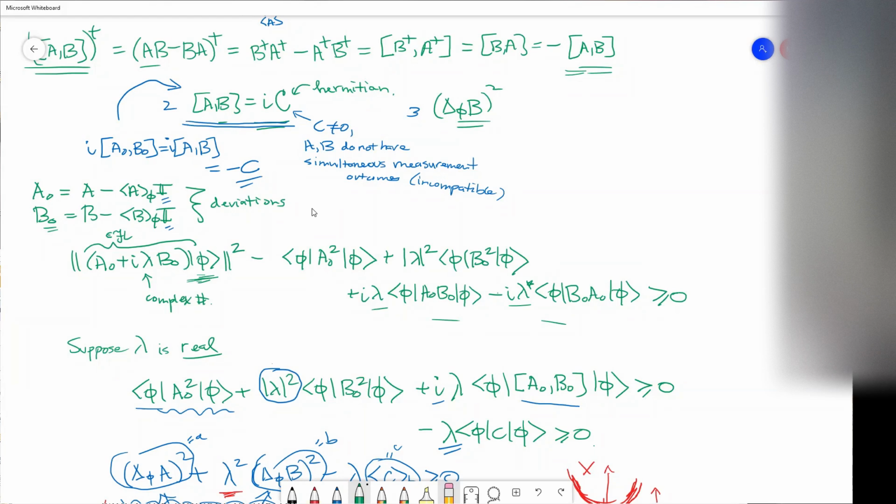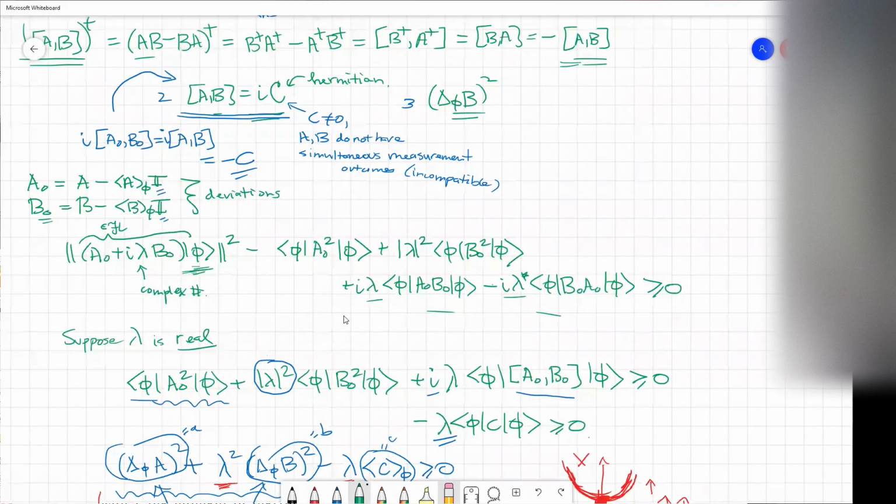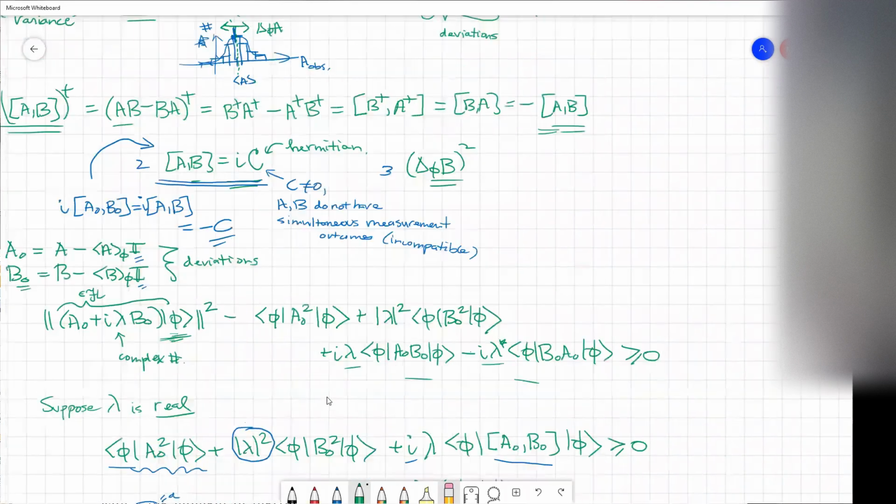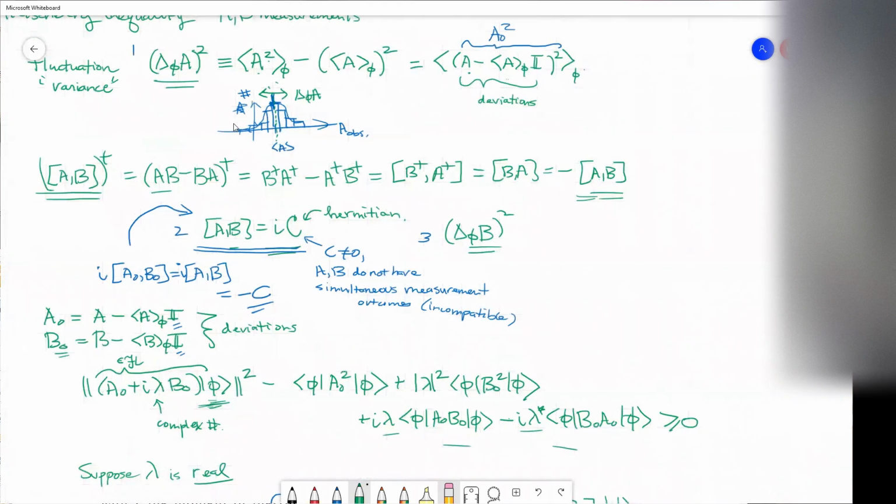Really pretty deep thing. So any two measurements that are incompatible, or your system can't have definite outcomes for both simultaneously, any one of those means they don't commute. Then all of a sudden you get a bound on the spread of the values that you find when you perform an experiment measuring those two different properties. Pretty cool.